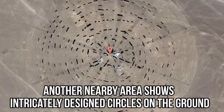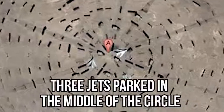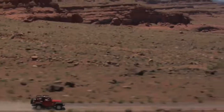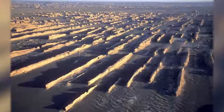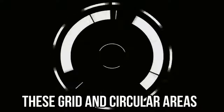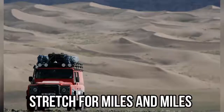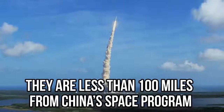Another nearby area shows intricately designed circles on the ground and 3 jets parked in the middle of the circle. This piece of land is 70 miles out from the nearest main road, so the structures were definitely constructed out in the middle of nowhere for a reason. These grids and circular areas stretch for miles and miles, and they are less than 100 miles from China's space program. Many believe this area is a top secret location for the Chinese military and potentially an area for nuclear